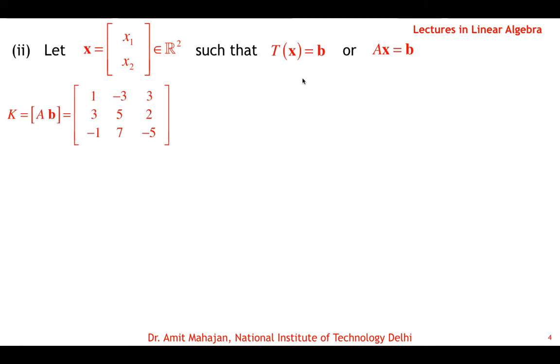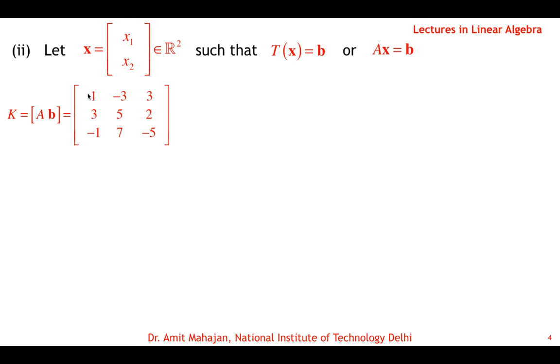So we write the augmented matrix, which is writing A and b inside a single matrix. A was a 3 by 2 matrix and b was this column, so we just need to apply row operations on this and reduce it to an equivalent form to see if it is consistent or not. If it is consistent, then b will have a pre-image, and if it is not consistent, then b will not have a pre-image. So first apply operations.